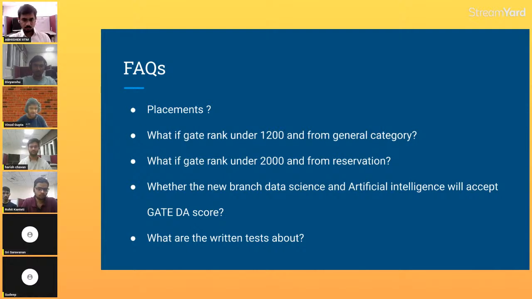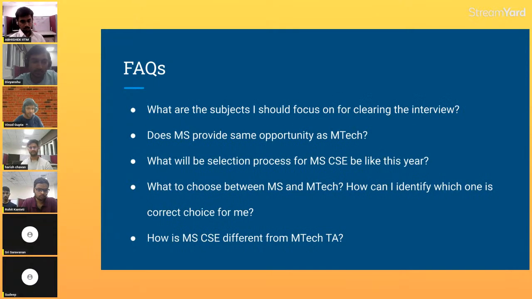So moving forward, the next question is what the written test is about, how it should be done. I will ask Udit Narayan to address this. Over to you, Udit. Okay, I think Udit is not there, so I will ask Divyanshu to address this. Yeah, so the written test will mostly be on the GATE syllabus. We also don't have much information, but most likely it will be on the GATE syllabus that you have studied. Yeah, back to you.